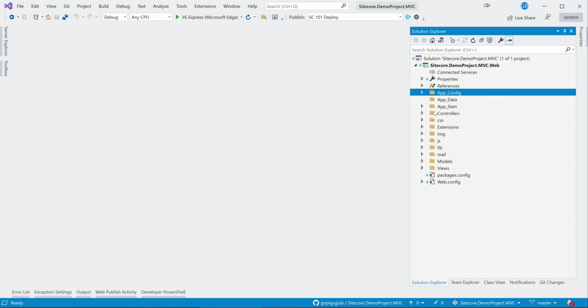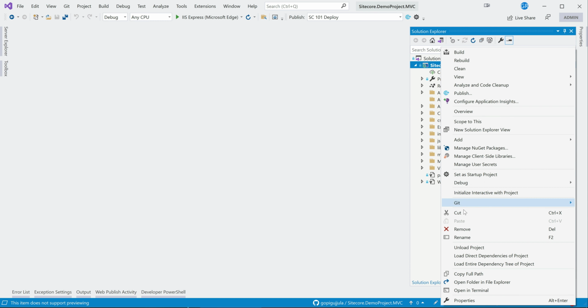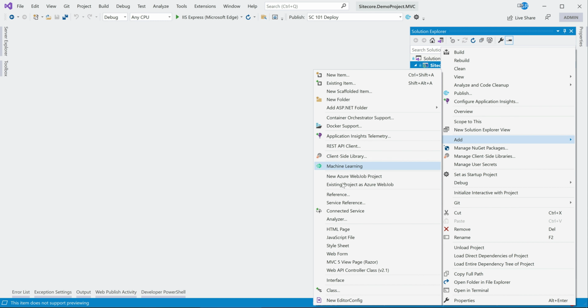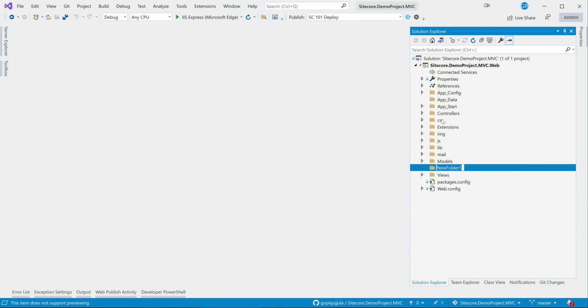So let me start with custom code. Maybe I will create one folder, and I can name it custom code, something like processor or whatever it is.